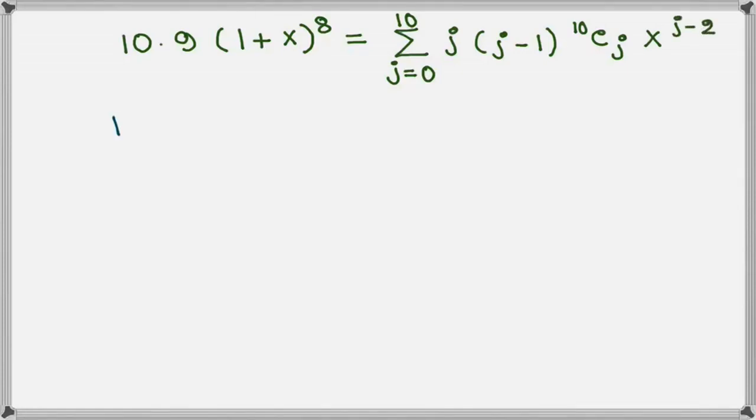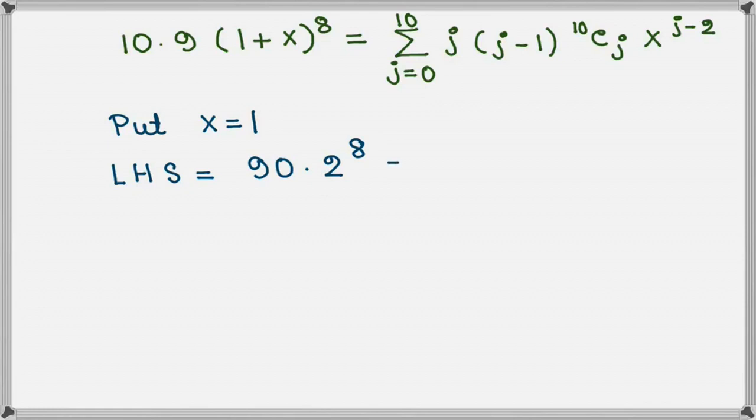We then put x equal to 1 in both sides of this equation. We get LHS equal to 90 into 2 to the power 8, which we write as 2 to the power 9 into 45,